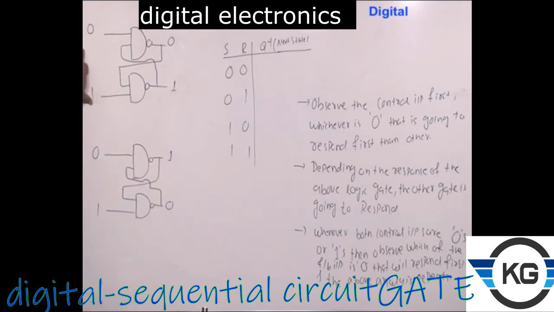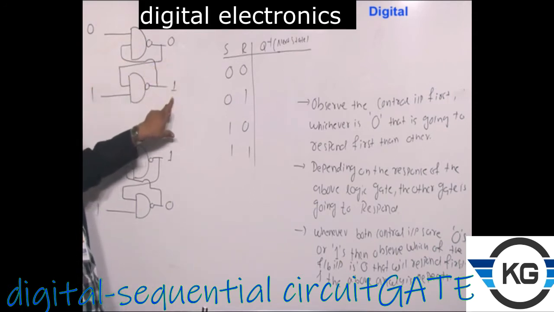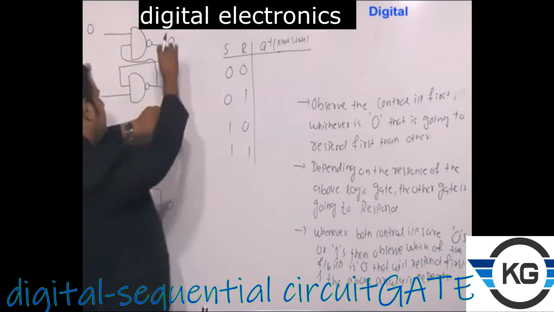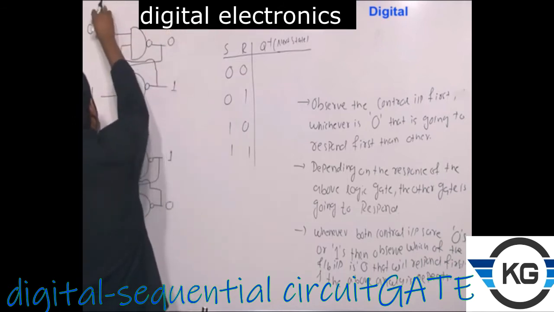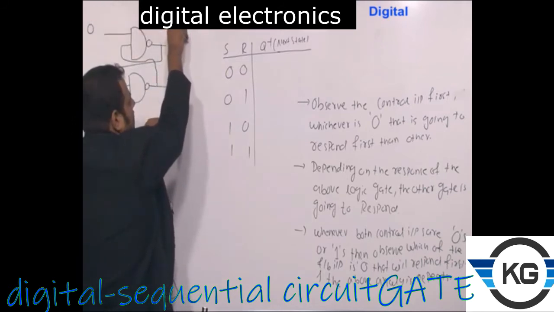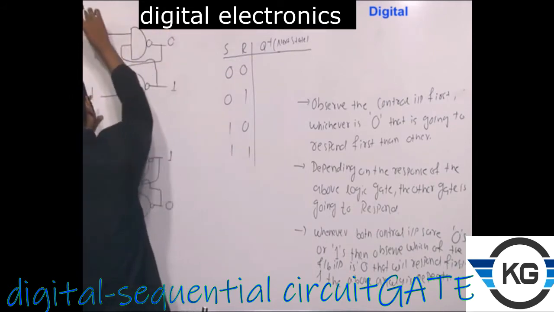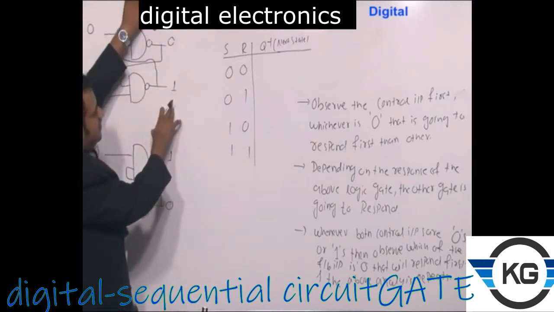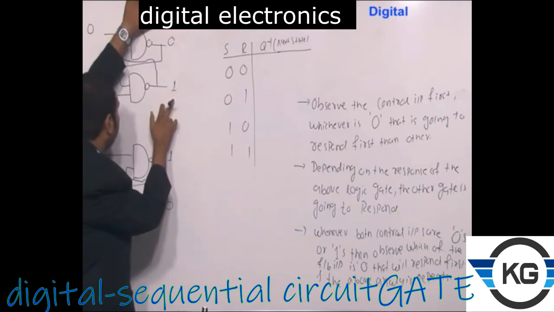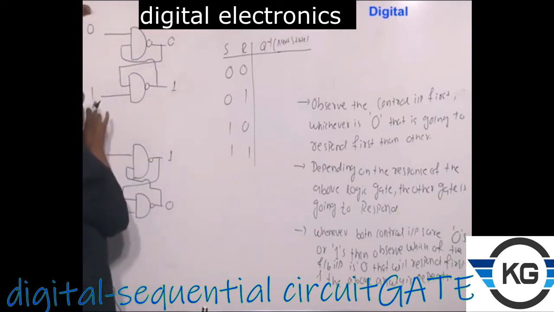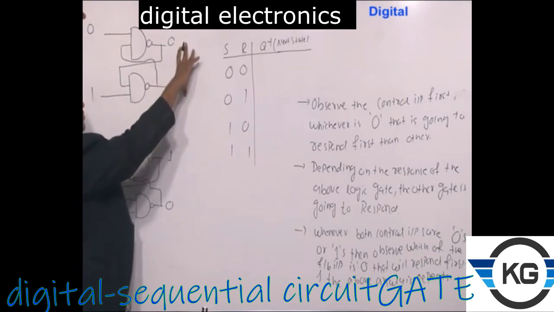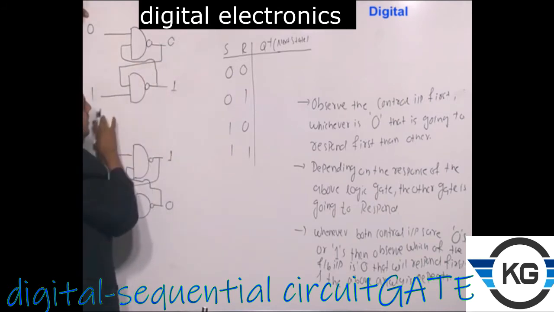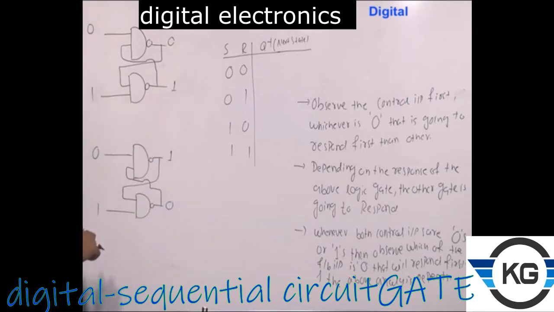Depending on these 2 external inputs and the present output we have assumed, we are going to see, if this is the present external input I am giving and this is the present state I am assuming, what change this input is going to introduce here. That is the meaning of next state. Let me say I am assuming this is the present state, and now I am giving some input. What influence will this input have on this output? After the application of the input, what changes will we get here? That is what we mean by the next state.